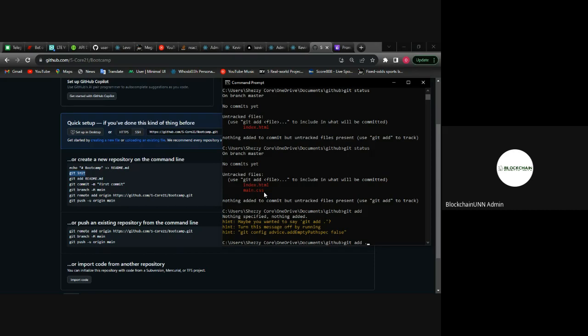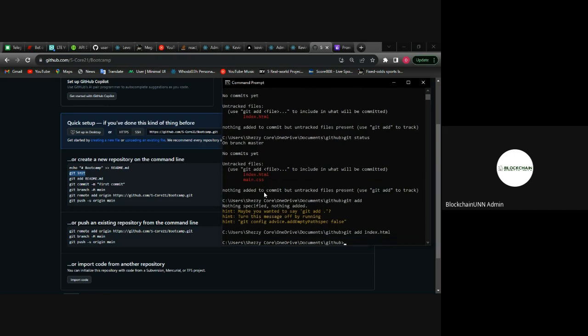If I decide that I want to add only my index.html, I can do git add, I'll remove the dot and do index.html. What does it mean? I've added my index.html, but I've not added my main.css. Let's confirm that. I'm going to do git